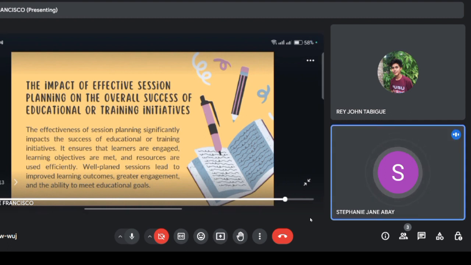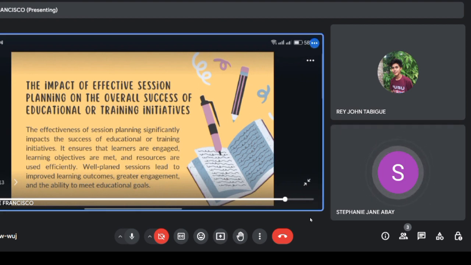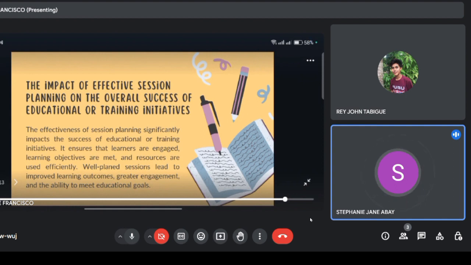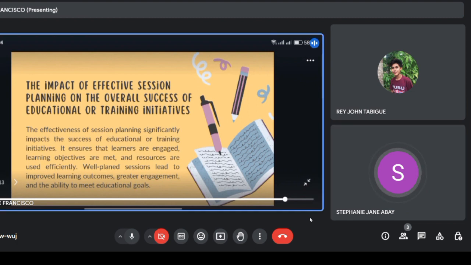Now let's proceed to the impact of effective session planning on the overall success of educational or training initiatives. The effectiveness of session planning significantly impacts the success of educational or training initiatives. It ensures that learners are engaged, learning objectives are met, and resources are used efficiently. Well-planned sessions lead to improved learning outcomes, greater engagement, and the ability to meet educational goals. So, in simple terms, good session planning is key to making learning or training activities successful and